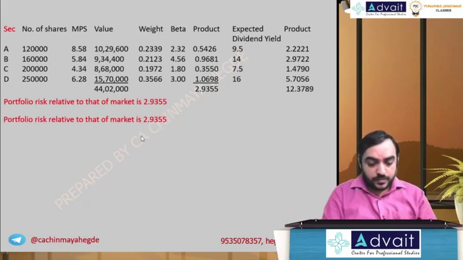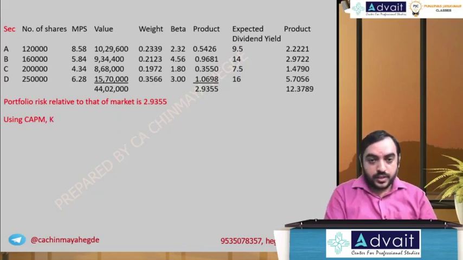So using CAPM, keeping the required rate or expected rate, whatever, keeping the CAPM return, that is Ke, the same as the average return, the same as